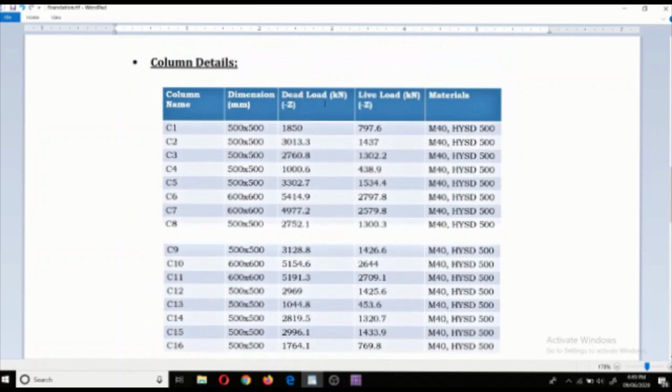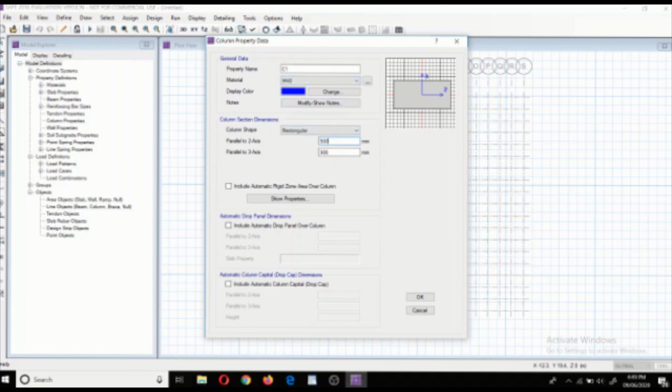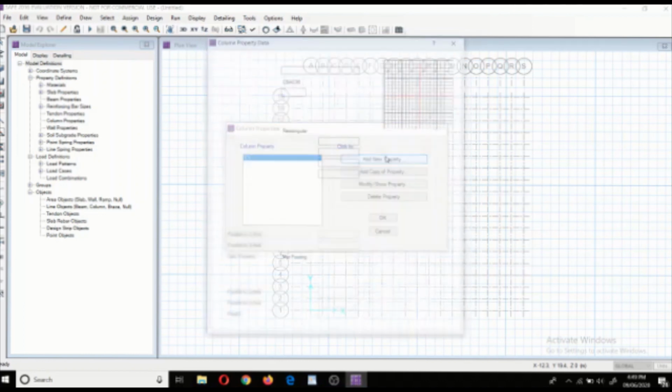In our problem statement, there are only two types of column, that is 500 by 500 mm and 600 by 600 mm. Give them property as M40 for concrete and HYSD 500 for rebar.